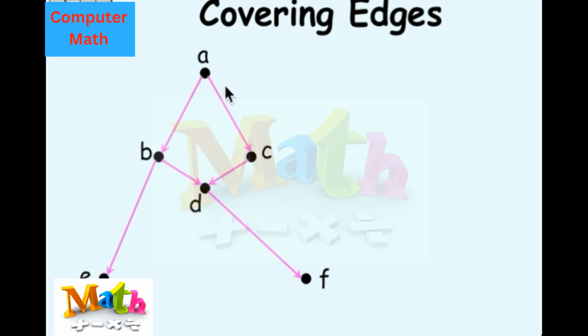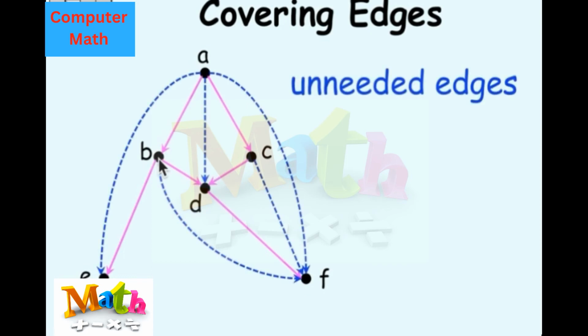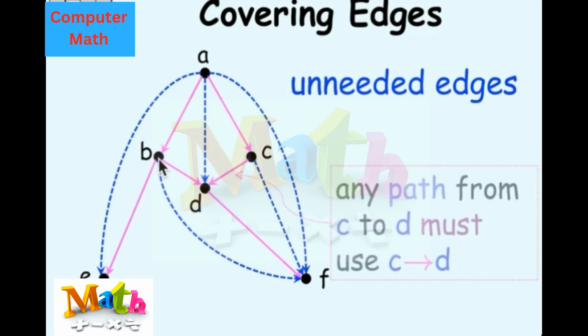If there was any other path that went from A elsewhere and got back to B without using this edge, then it wouldn't be a covering edge anymore. The fact that it's a covering edge means that if you broke it, there's no way anymore to get from A to B. So that's the definition of covering edges, and you'll do a class problem about them more precisely in a minute. So the other edges are unneeded to define the walk relation, and all we need to keep are the covering relations to get the minimum